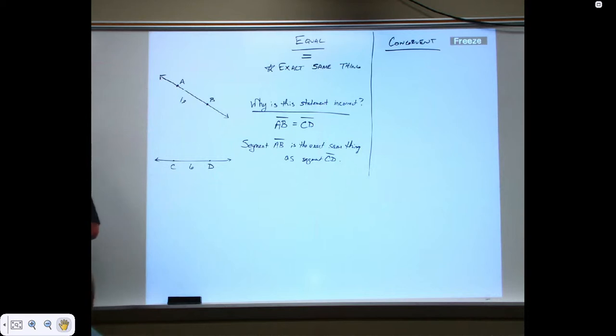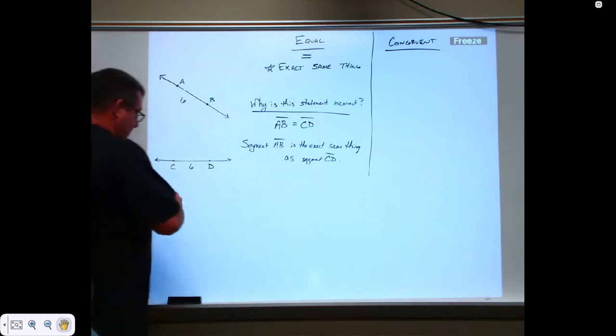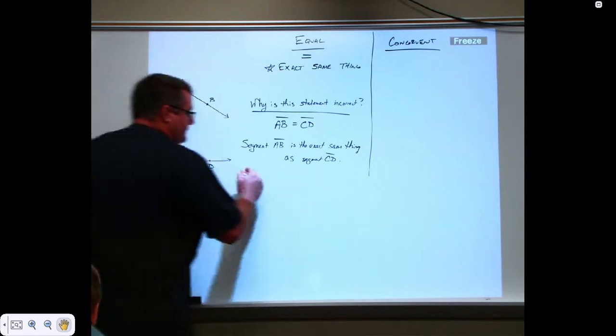I mean, am I the exact same thing as someone who's also 5'11"? Is he Coach Stump? No. Are we the same height? Yes, our heights are equal, but we're not the exact same thing, are we? So we need something to be able to say that things are kind of the same thing, so it's incorrect to say that these are the same thing. Now, why is this correct?